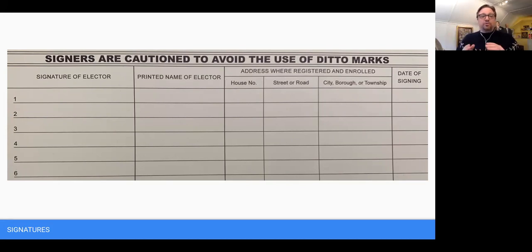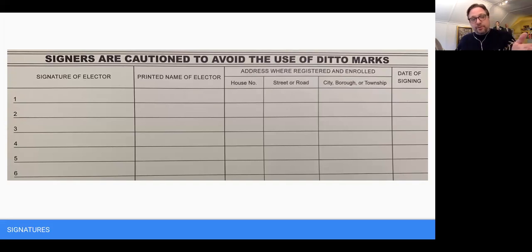And so some folks will print their name on the first line and try and sign the second line. And a lot of times you don't realize that they've done so until you've already walked away from the door, or you get home and you're checking over your petition. Please be very cognizant of this as you're at the door talking to signatories. You want those folks to make sure that they fill this out properly.